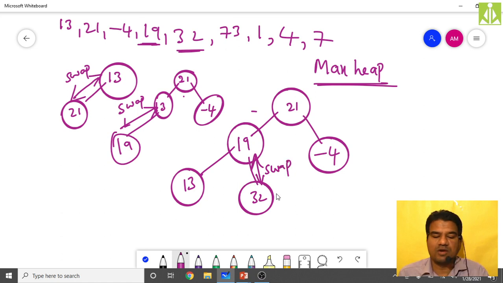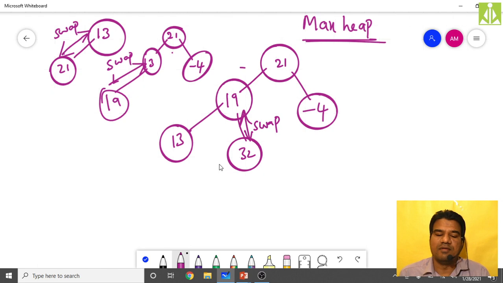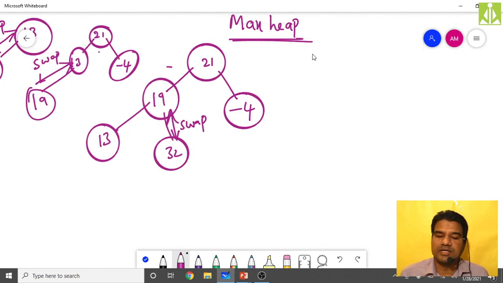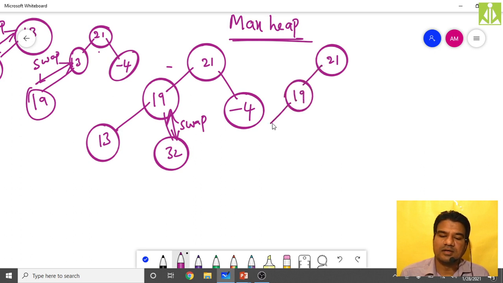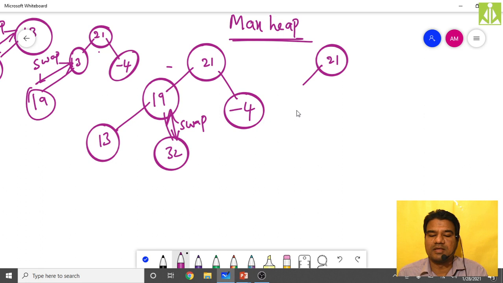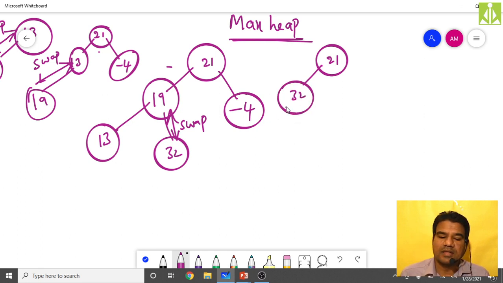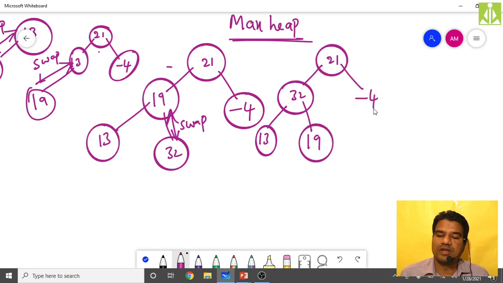After swapping, 21 stays intact, 32 will come up, 13 will come over here, 19 will go down here, and -4 will be over here.